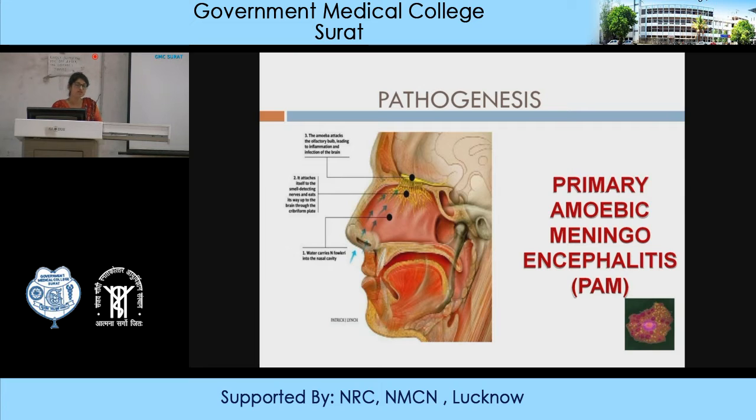They also cause cytolysis of the brain cells by secreting different enzymes and toxins like hemolytic proteins. They also release cytolysins and phospholipases. By that they cause hemorrhages in the brain, and they cause acute suppurative meningoencephalitis, which is also known as primary amoebic meningoencephalitis.